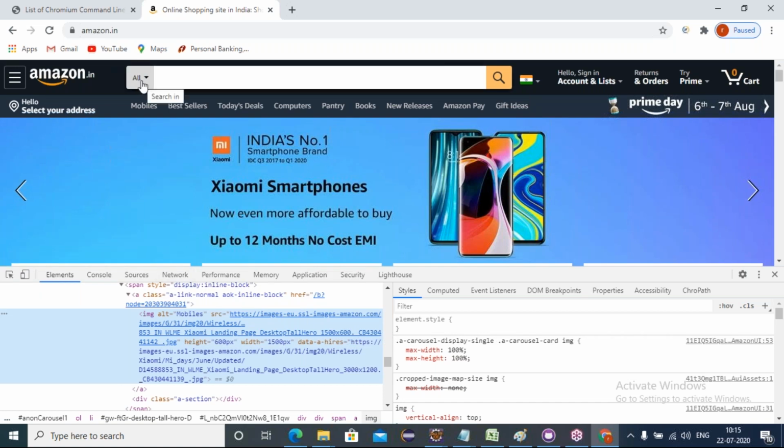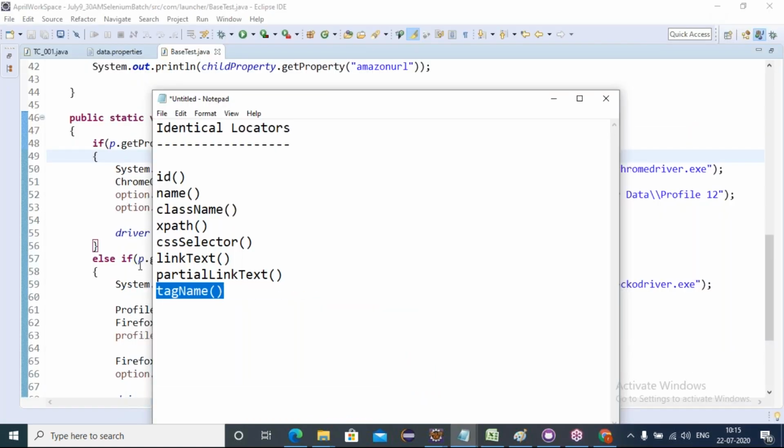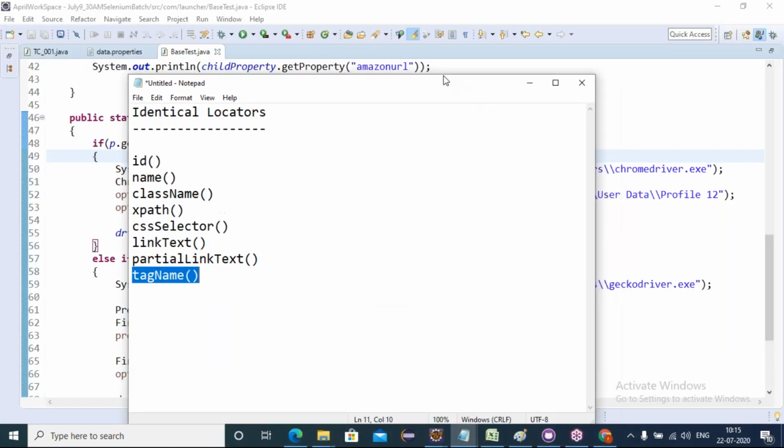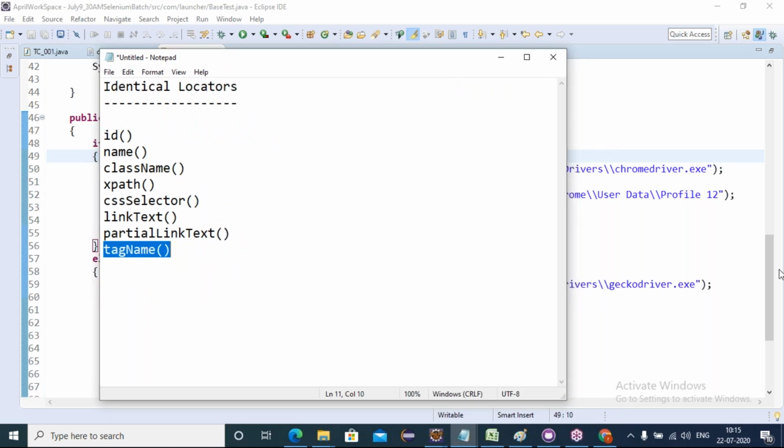Based on the element, the name is available in HTML, right? So if you want to interact with elements, any doubt? You mean the very first one is called a tag name? Yes, exactly. The very first one is the HTML tag name. For every element, you have it. If you are working with any drop down, the HTML tag name is select.